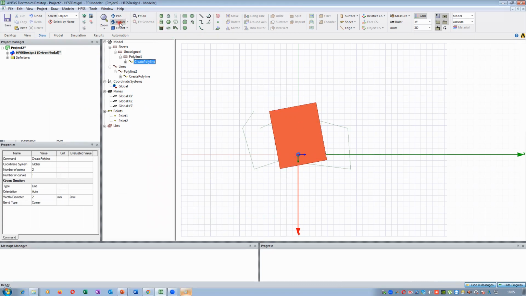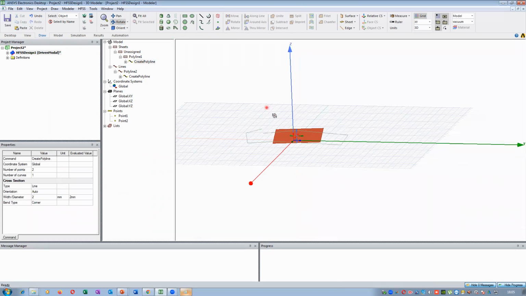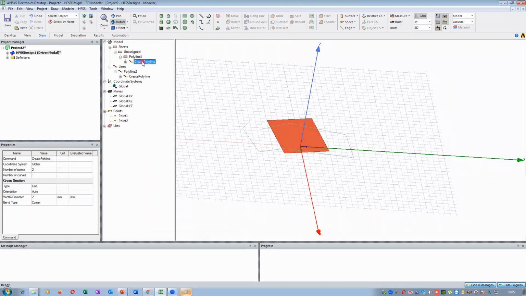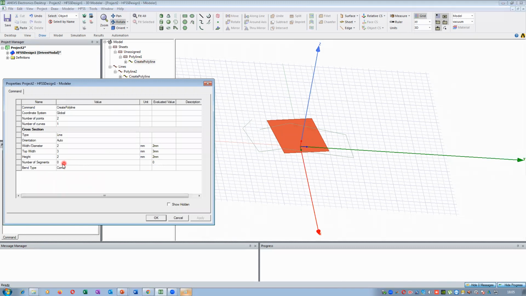Now see how the structure is going to be. There is no change in the structure. Why? Because the line will be converted into a sheet only by the width or diameter. So now, to get the impact of these options, top width, height, number of segments,